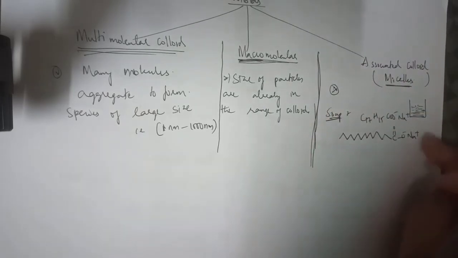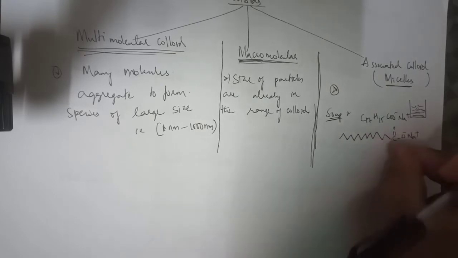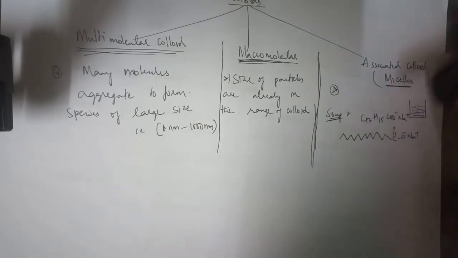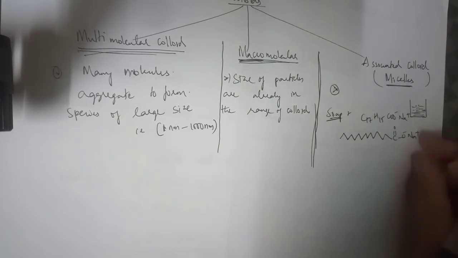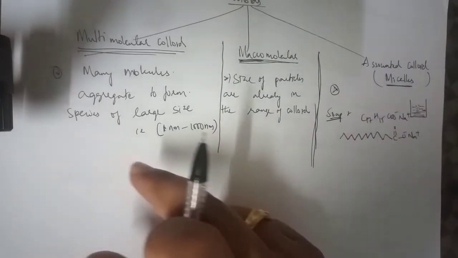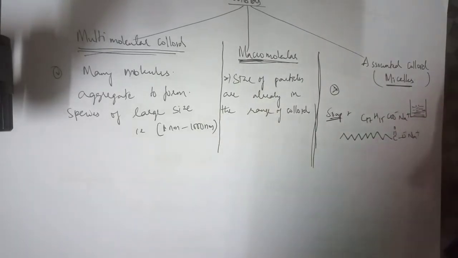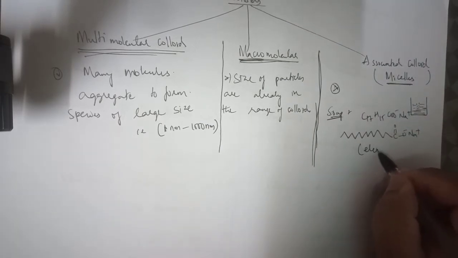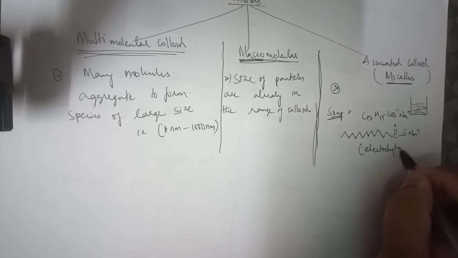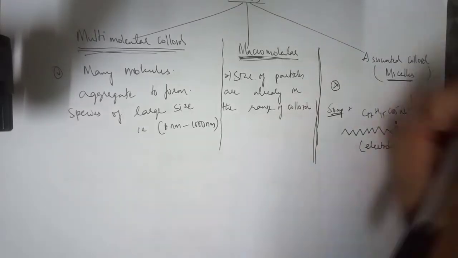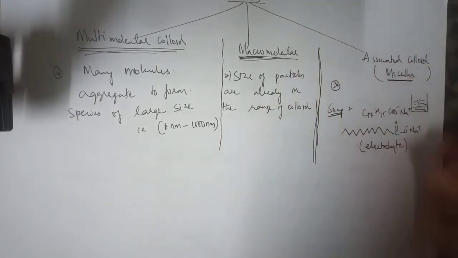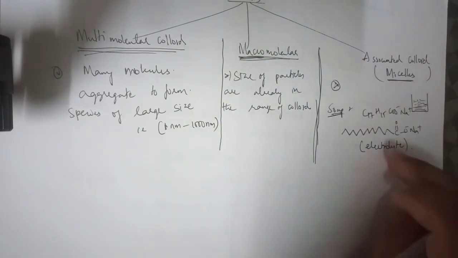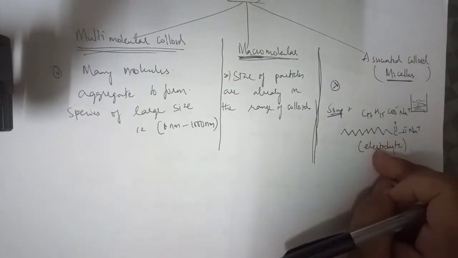So this is what the soap molecule exactly looks like. This sodium stearate, when I drop this soap or detergent molecule in water, what happens? Na plus separates and this entire part gets separated, correct? So when I drop it in, Na plus separates and the rest acts like a normal electrolyte. But on adding more molecules, or on increasing the concentration of the electrolyte, we will see that the dispersion changes.